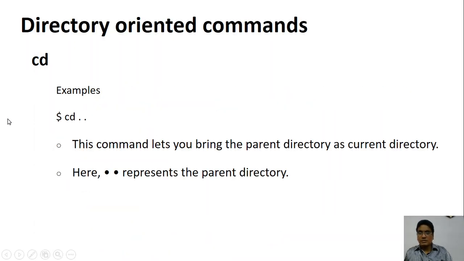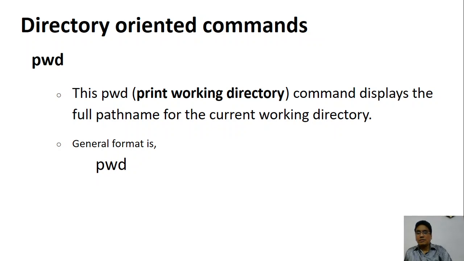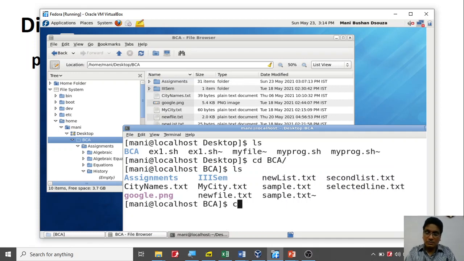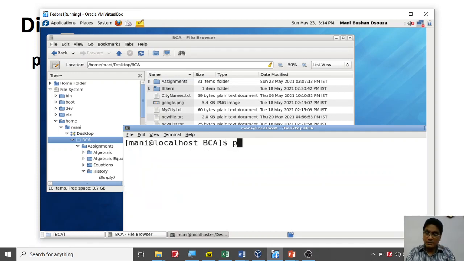This is how I can use the cd command. So these are the cd commands, and cd dot you already know. Sometimes when we are working with the command prompt, you may be lost altogether and want to know your exact location. In your mobile you have GPS which shows your exact location on earth. Similarly, if you want to know your location in Linux, you can use pwd. So let me clear this and say pwd. It's going to show me my current directory.